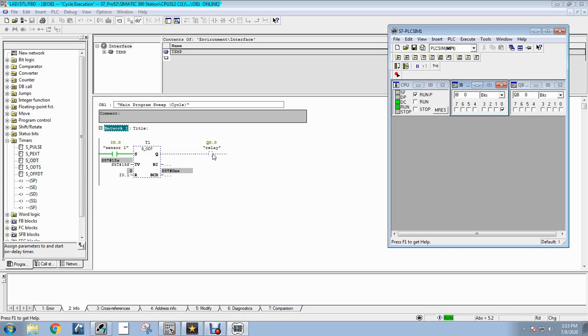It can only start by removing input at I 0.0 even for a while, and it again becomes high. Notice that no output will appear before the set time completion.